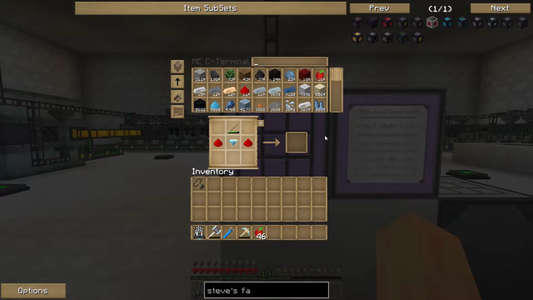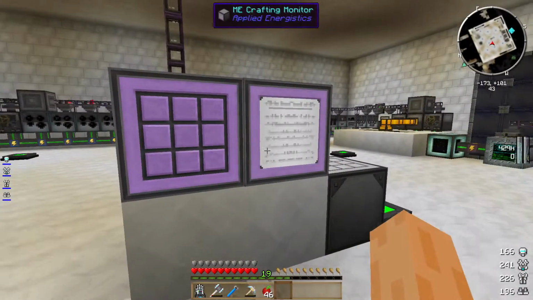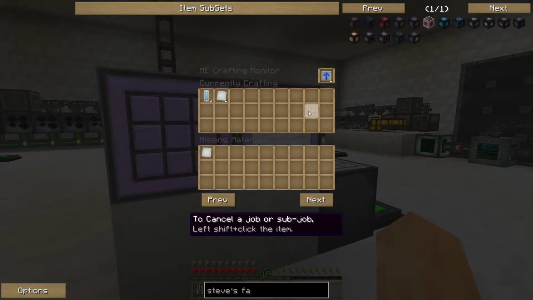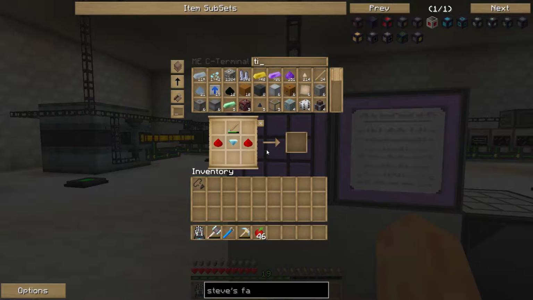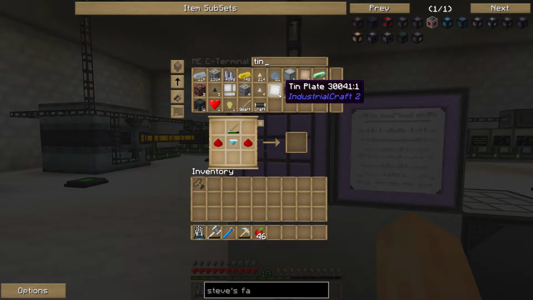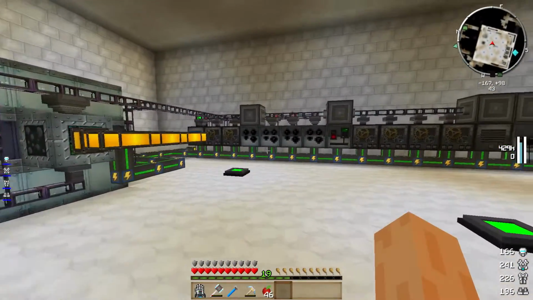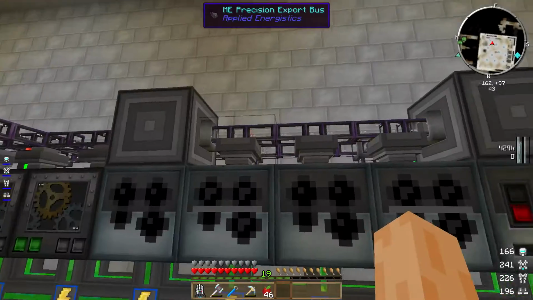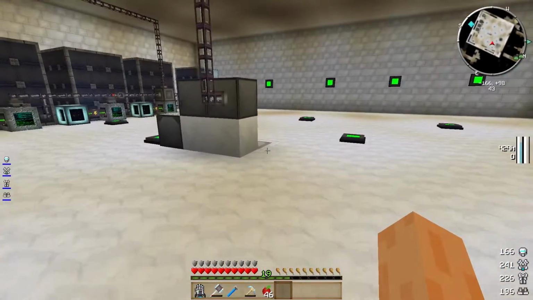So do I have this? Let me make some silicon. So let's just make 10 of this quick. So hopefully it just smelted up 10 silicon real quick. I've also got overclockers crafting, because what am I missing? Tin plate. Am I just totally out of tin plates? Apparently I am. So yeah, I think my tin plates are set to auto craft from what I remember. Iron, steel, yeah, tin. So I've got tin set to auto craft, and I've just run out of tin